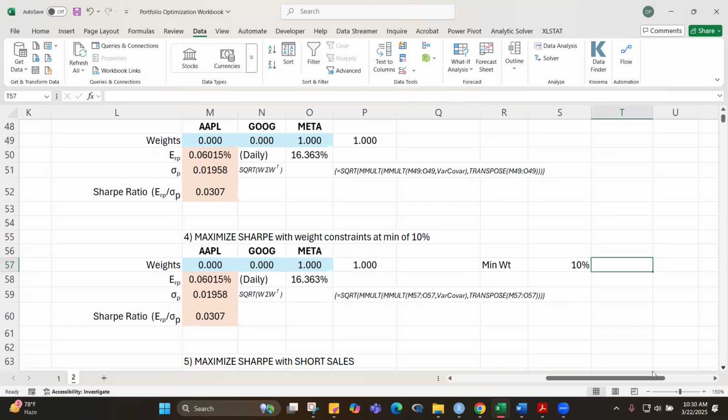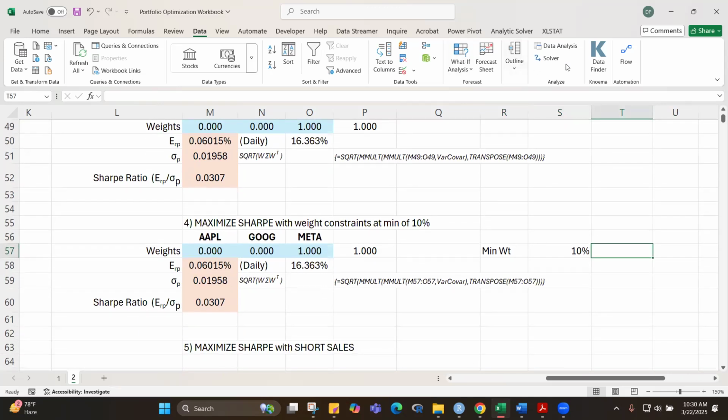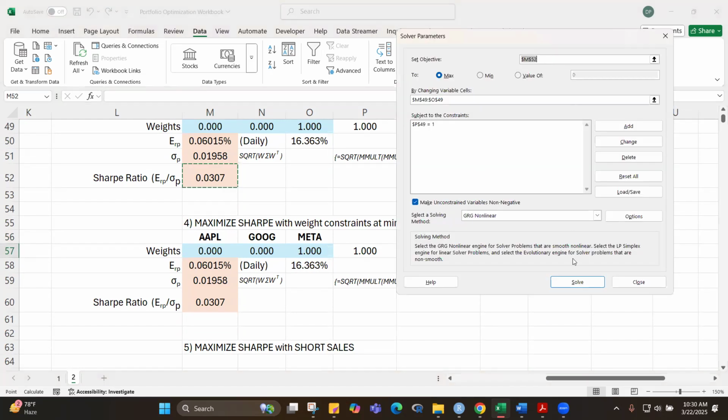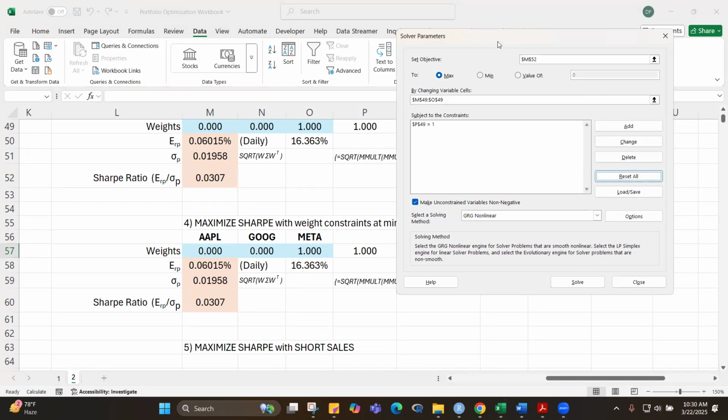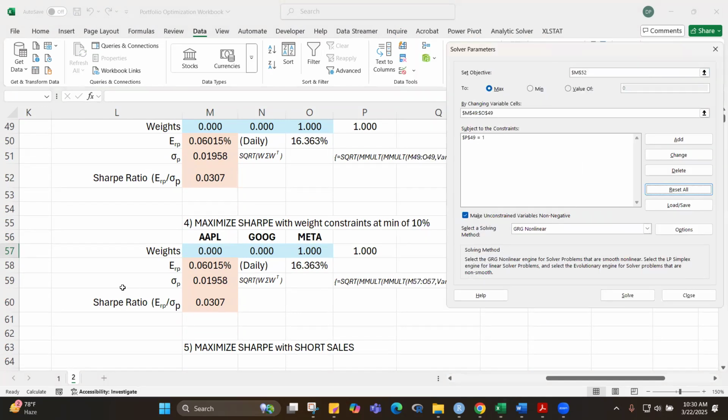Okay, so how do we do that? Once again, we go to Solver, and then reset all. No, actually, no need to reset all, class. Okay, cancel. Because all we need to change is the objective. Sorry, we have to change this. This is now